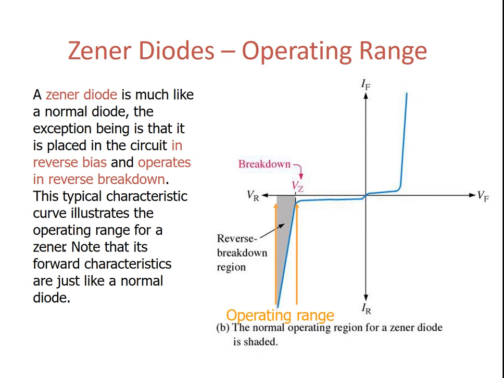As I was explaining earlier, the Zener diode operation happens after the breakdown voltage, or the Zener breakdown voltage, which we refer to as Vz. This is the reverse breakdown region, and this is the actual operating region of the Zener diode. Once we cross this level, the current will start flowing, and we get a constant voltage drop across the diode. In the forward bias region, it operates like a normal diode.